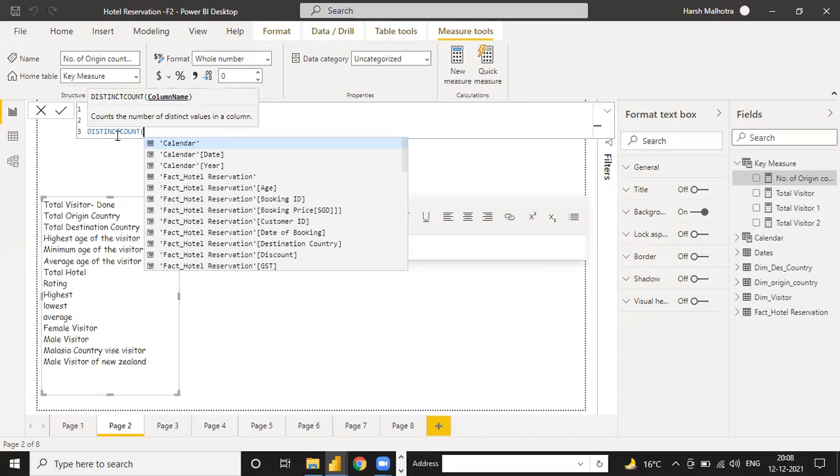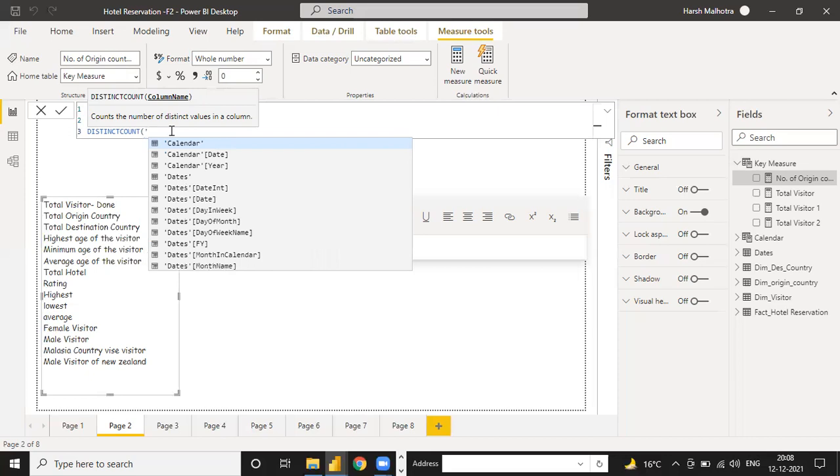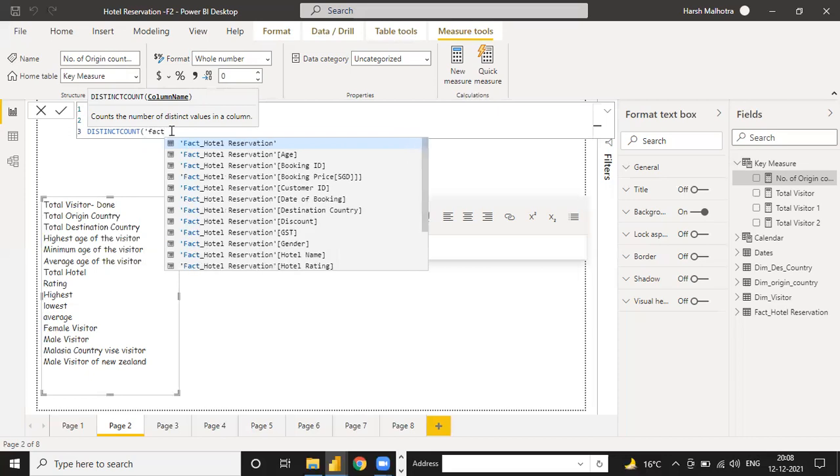So first I want to calculate via distinct count. Just write it, press tab and see what it says: counts the number of distinct values in a column. It means calculating only unique values of the column. So you have to select a particular table and then the column. The table is fact total, and under this you calculate from origin country.